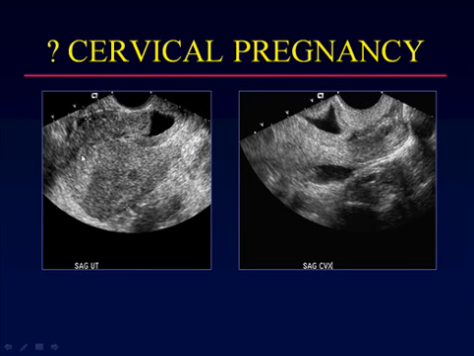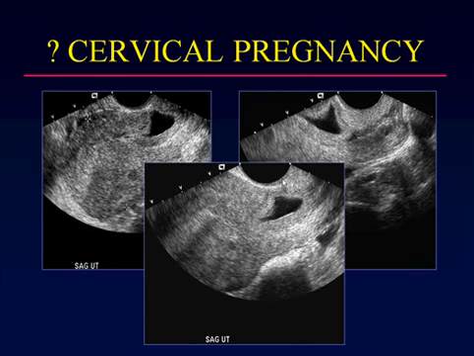You can see on the sagittal view the endometrial stripe is empty, and here you can see the endocervical canal. You can see the external os is clearly shut, and here is the gestational sac, and it's clearly eccentric, not within either the endometrial stripe or endocervical canal, but it's actually just above the level of the internal os. So here's the external os, the internal os. This is actually embedded in the anterior wall of the uterus, just above the level of the